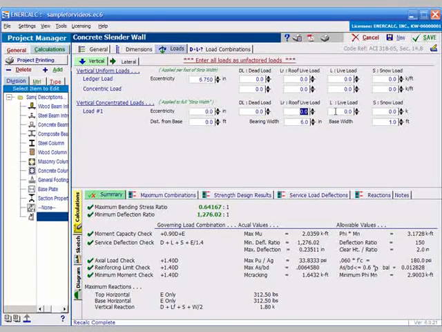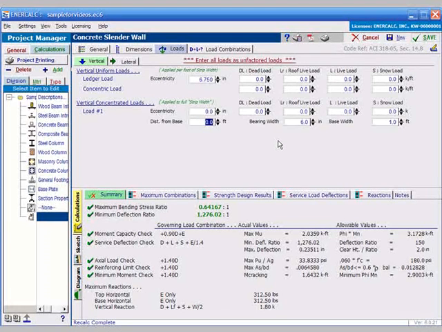And then we have, of course, our different types of loads we can add. This is probably better explained in the user's guide, where we can give you some sketches. Distance from base of wall, of course, is simply the distance above the base of the wall where that vertical load is applied. The reason we give you this entry and these 2 entries over here that I will describe is because, number 1,